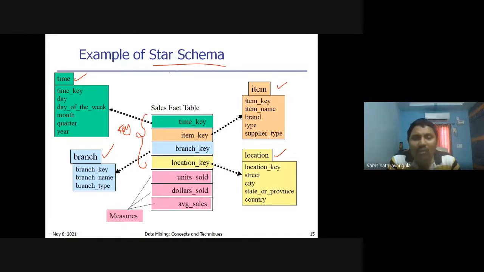So basically for modeling or representation of a data warehouse, we can choose three different kinds of representation formats. What are they? Star schema, snowflake schema, fact constellation. The model called star schema will contain only one fact table, and you have multiple dimension tables. The fact table will contain the reference keys for the dimensions, and it also contains some pre-computed measures. That kind of model is called the star schema.